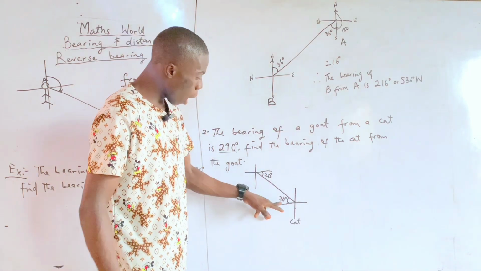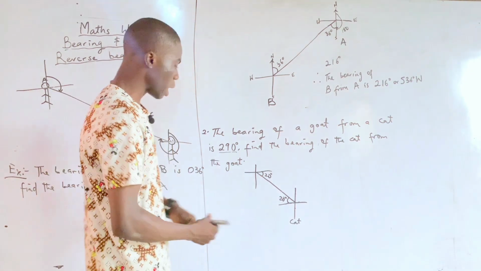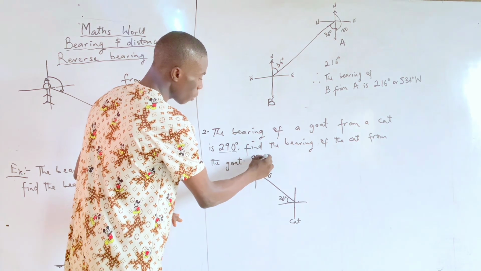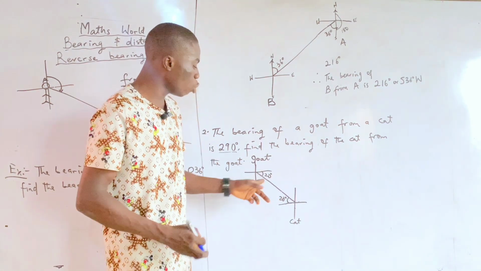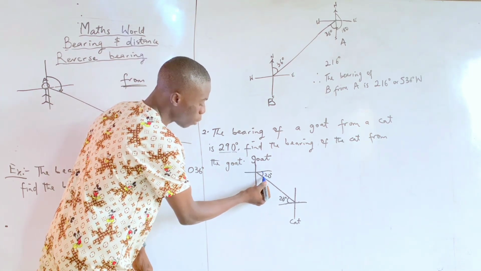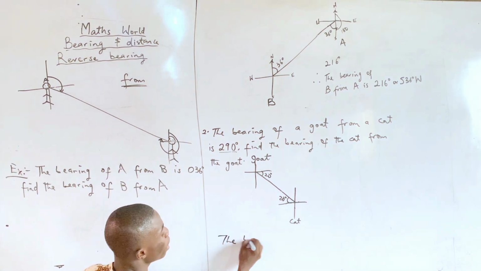So here now, our 20 here will be our 20 here. Remember, alternate angles are equal. Now if we are looking for the bearing of this cat from this goat back, how can we check that? From here to here is 90. 90 plus 20 is what? Is 110. So we can now say that the bearing